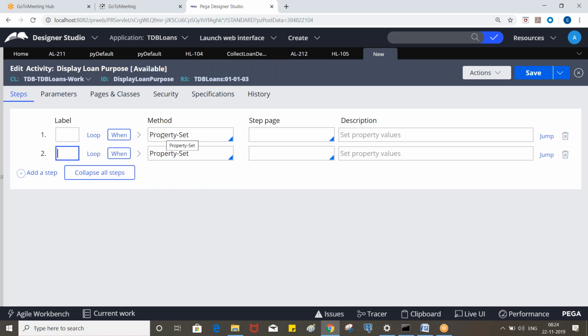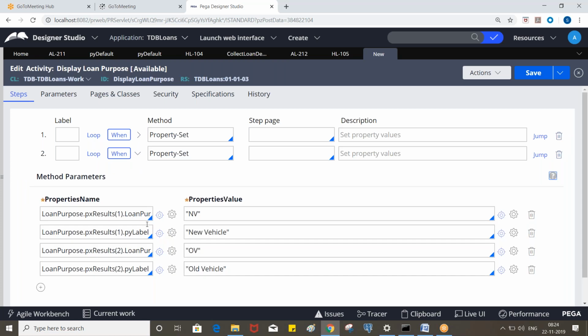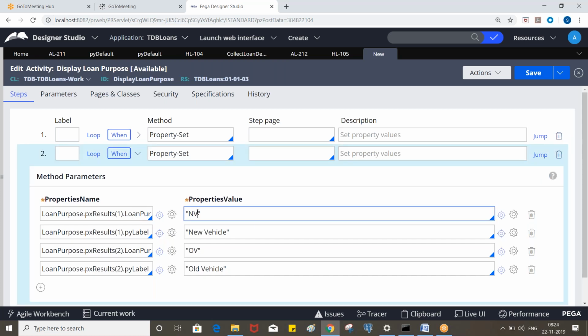If it is home loan, the first step will be skipped and the second step executed. So here let's say purchase, and this is refinance. You can put it like this.